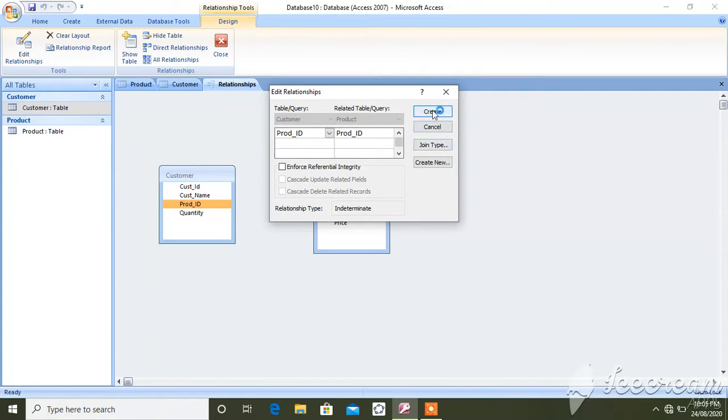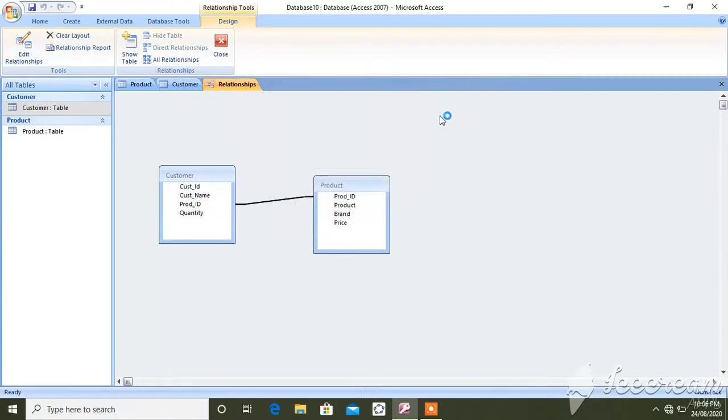So join this. Create. Have you seen one line going from the product ID of customer to the product ID of the product table? This is called a relationship.